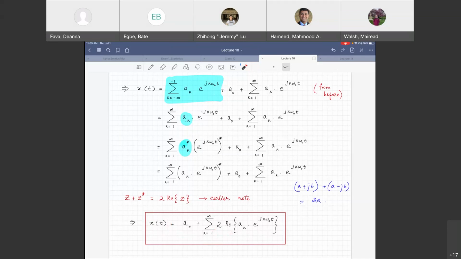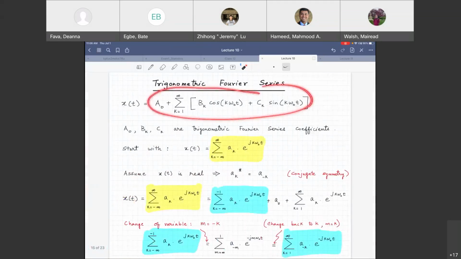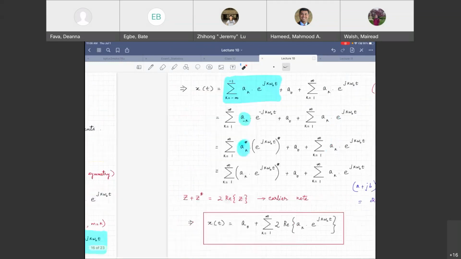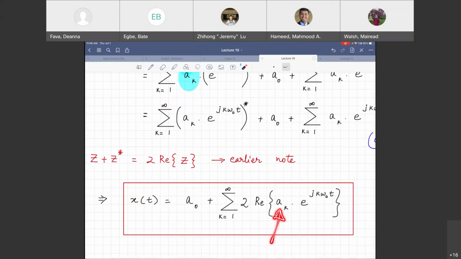Now, if you wanted to find out the trigonometric Fourier series coefficients, what would you do? For a given signal, you are trying to find out the trigonometric Fourier series coefficients. What are they? They are this, right? A0, Bk, and Ck. If your goal is to find out the trigonometric Fourier series coefficients for any x of t, what do you do first? You evaluate its exponential Fourier series coefficients first, right? Put it in there, apply the real part of a complex number operator to that, you will be left with what? Either a cosine or a sine, right?